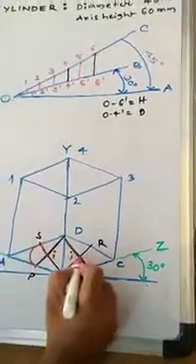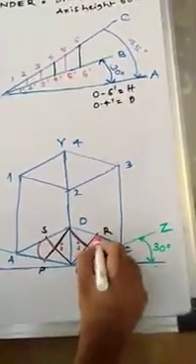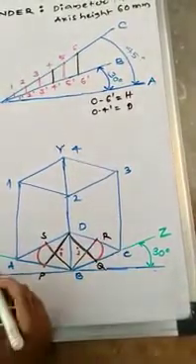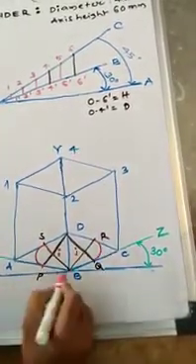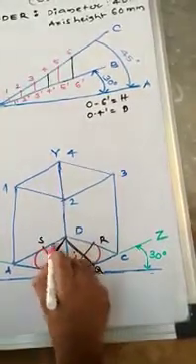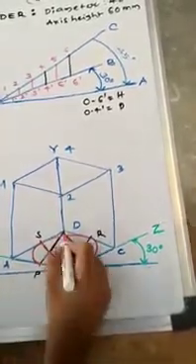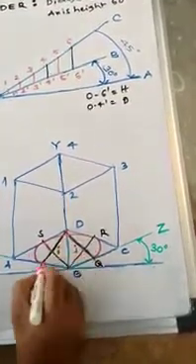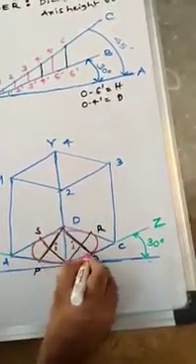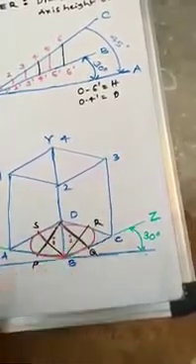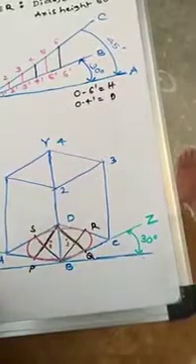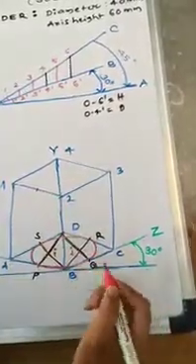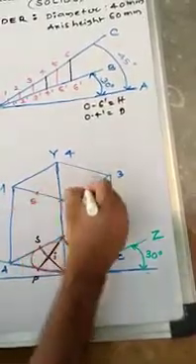J is the center, JQ is the radius; by using a compass draw one arc. Now B is the center, BS is the radius, draw another arc up to R. Now D is the center, DP is the radius, draw another arc. You will get an ellipse. Similarly, the same process for the top face: locate a midpoint, naming it as E, for 1 to 2.